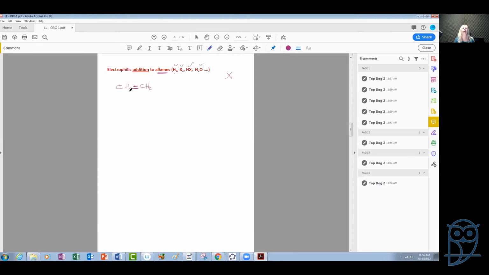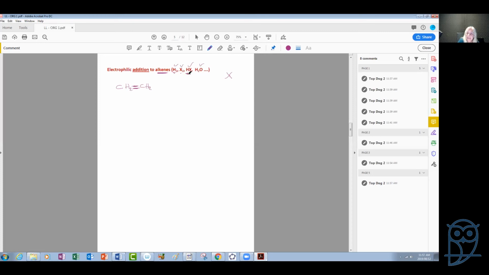So these are things that we can add to an alkene, and the result will be from unsaturated, it will become a saturated something, but it will not be a hydrocarbon. It depends on what we react it with. If we react it with hydrogen, it will become a saturated hydrocarbon. If we add something else, it will become a saturated hetero something, some other compound. So let us start with, well, hydrogen is easy. Let's start with a